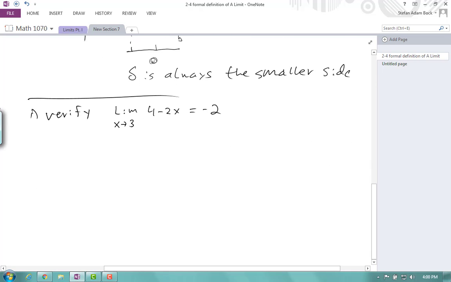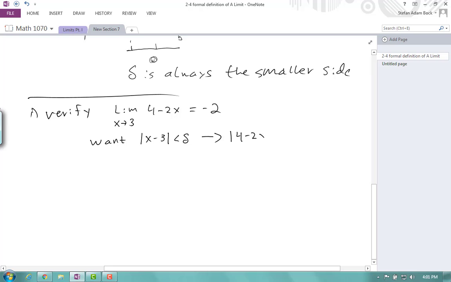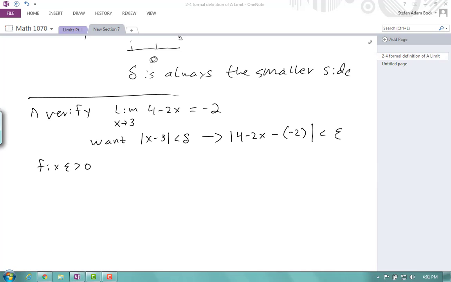So let's see if we can make sense of that. Now, when I want to do a verification thing like this, or a proof of my limit, I always want to start off exactly the same way. I'm going to start off with two lines that are always the same. I'm going to say fix epsilon greater than 0, and I'll follow it up with suppose